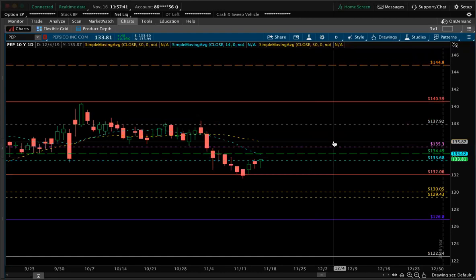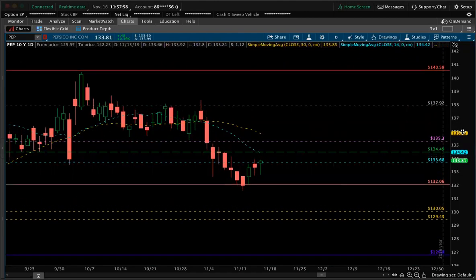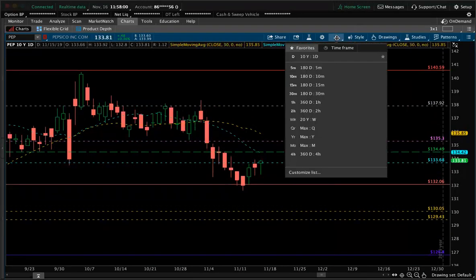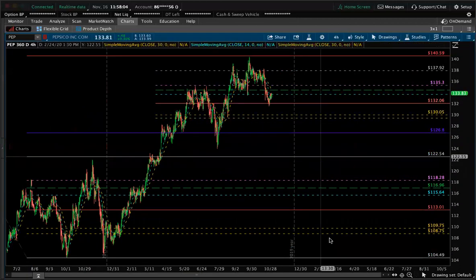I like the hammer off the weekly. Similar to Knock. Knock had a hammer off the weekly a week ago. We made money on Knock last week, and we made money on Knock the week before. Now Knock is probably going to pull back, going inside this week. But this is just an example using Pep. And if you want to break it down and go into the H4, which is the 4 hour, we can go into the 4 hour too.